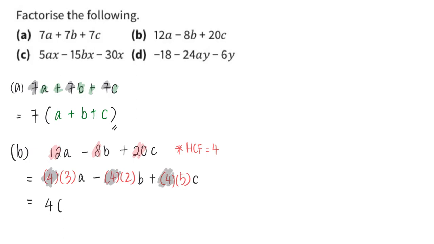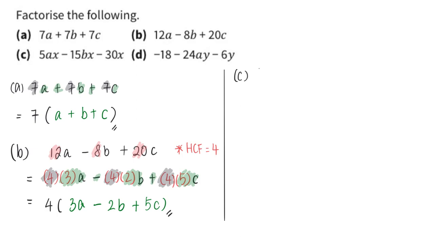And I'm left with 3a minus 2b plus 5c. Done for part B. Let's move on to part C,